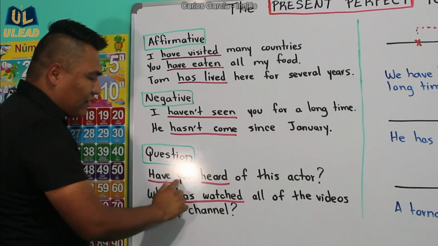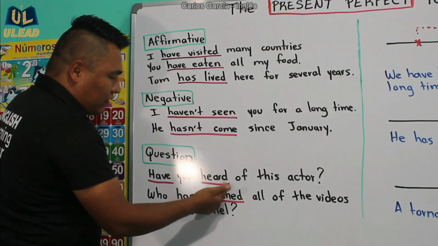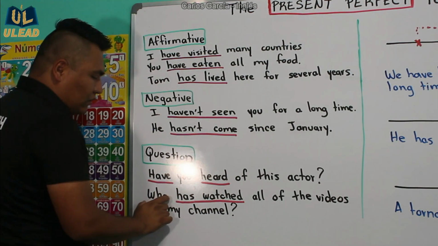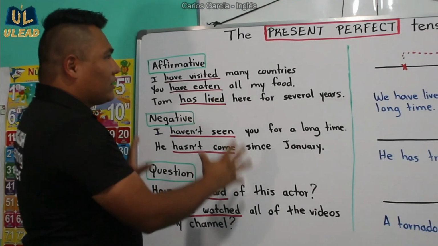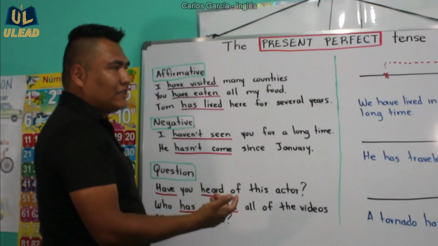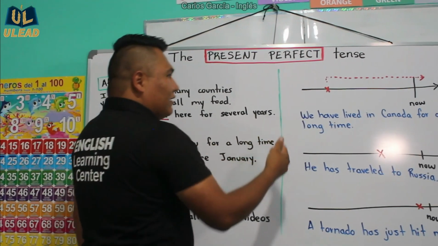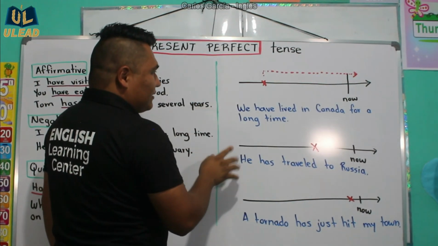So have, then the subject pronoun, and the past participle from the verb, or like in an open question, who has watched, who has done something. And this is basically the structure of the present perfect tense. Now, the use of it, this is what I'm going to explain now. We use the present perfect tense for these things mainly,